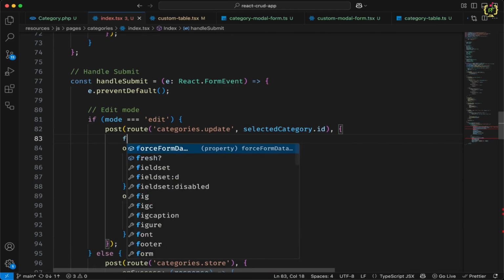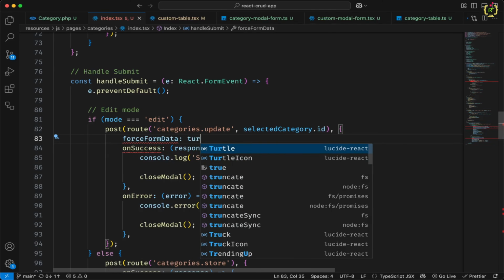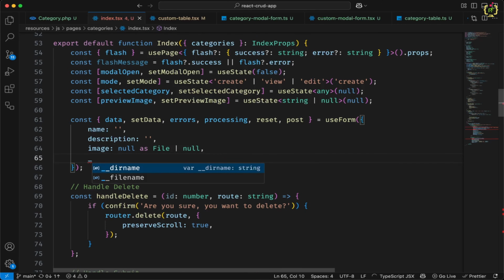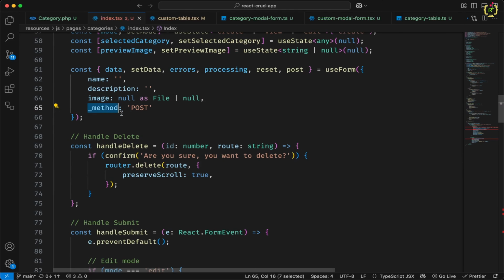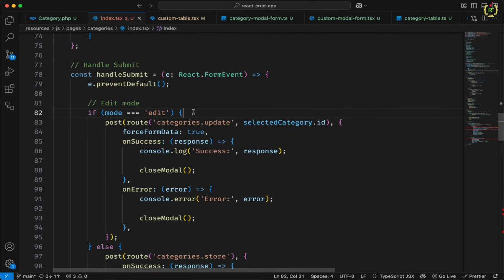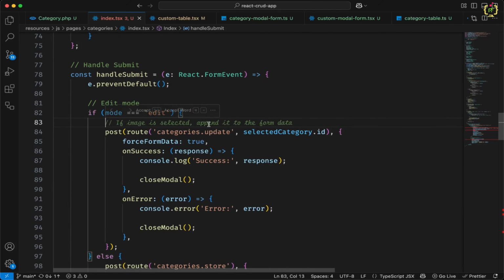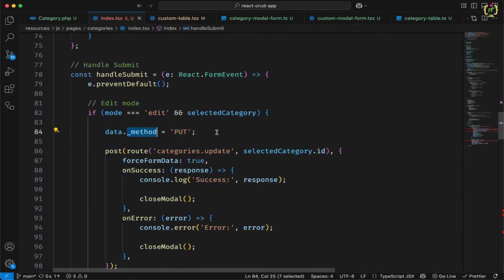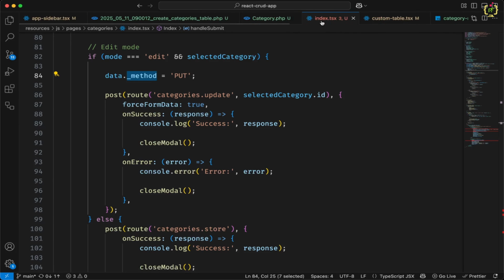And here I will just force the form data to true, and in the state I will define one more key as method, and by default this will be post. But while updating we'll change this method to put. So here in edit mode I will add one more condition. If mode is edit and we have this selected category, then I will change data.method to put. Now if we come to the controller,